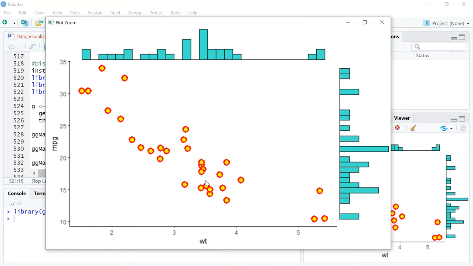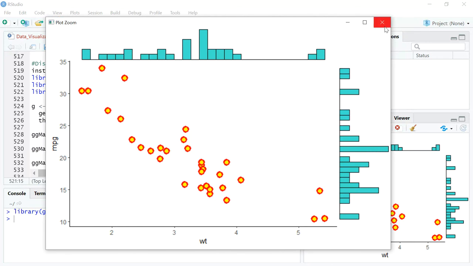But what is interesting is now, along with the scatter plot, we can have histograms for both the x and y axis. So the way to read this is on the x axis, if you see to the top, you see some bars right onto the top. This represents the histogram of the x axis, and what you see to your right, the histogram to your right, is the distribution of the y-axis, which is miles per gallon. And you can see the most number of entries are just about 20 for the miles per gallon. So this is the unique chart that we're going to build.